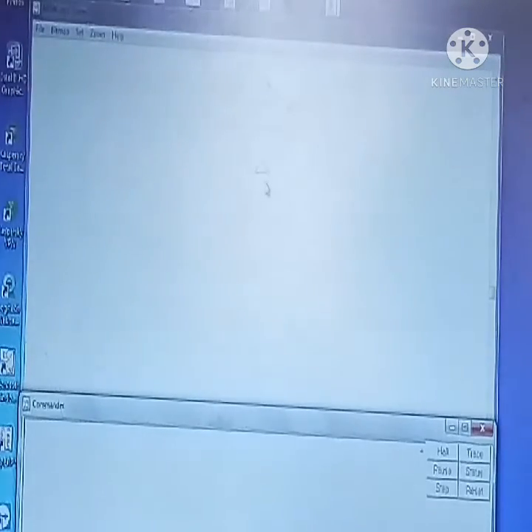Now let us see how to move the turtle. The first command we are learning now is the forward command, or FD command.